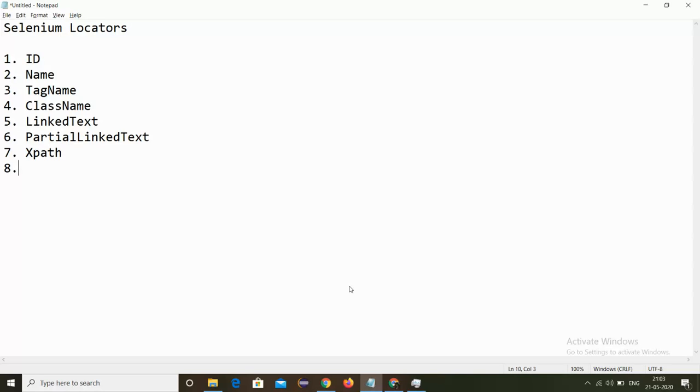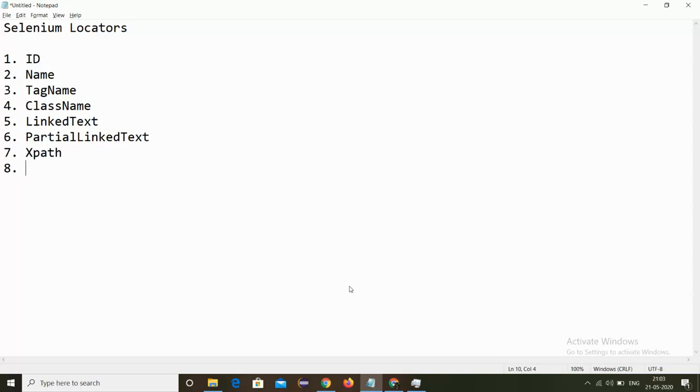Going forward, you will see that in XPath we can work independently. We can write our own XPaths. We can take the XPaths from the browser itself, although it is not recommended, but we can do that. Every browser provides that.